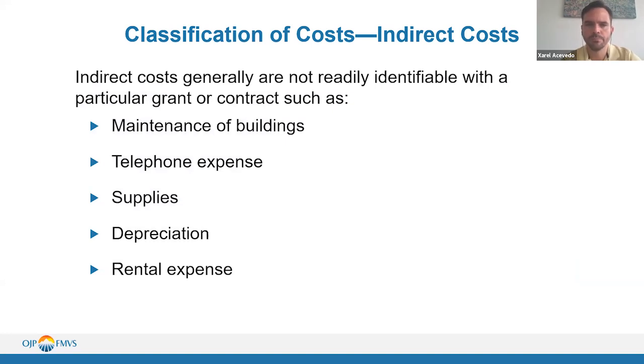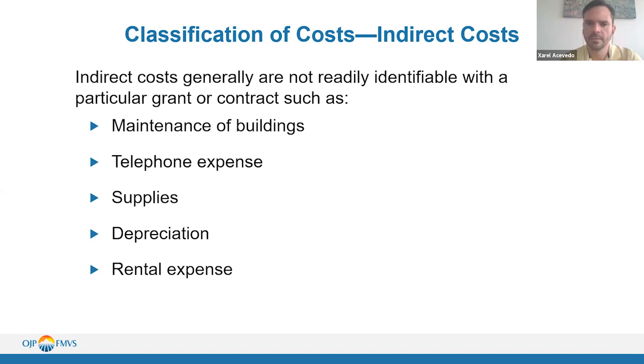All right. So costs can also be classified as indirect. These are costs that have a benefit to the program, but are hard or difficult to measure or quantify, and they are not as easily identifiable or traceable back to the program. Some of these can be maintenance of buildings, telephone expense, matching, trying to keep track of every minute that your employees used during the program to try and trace that back. No, that's not